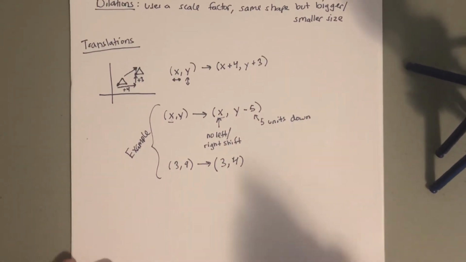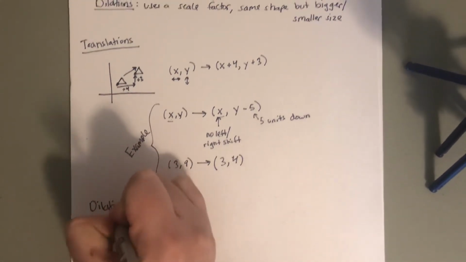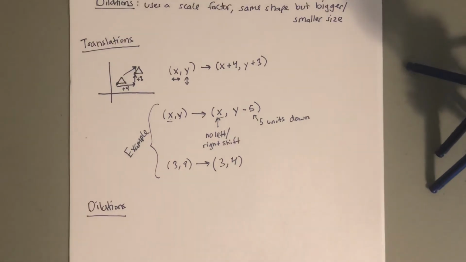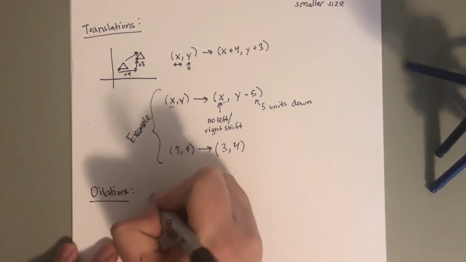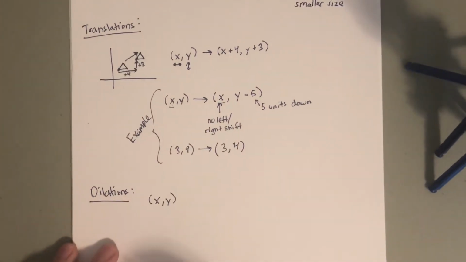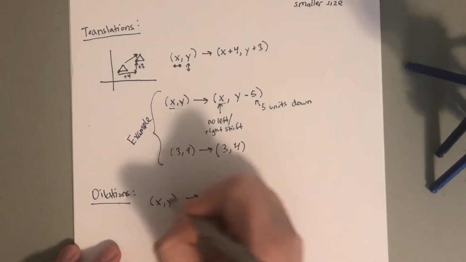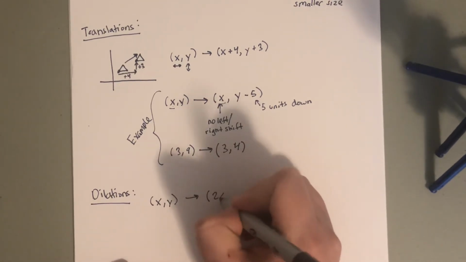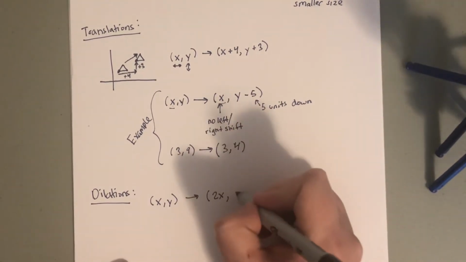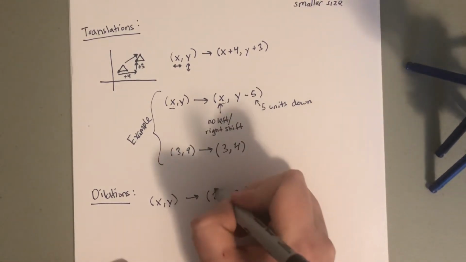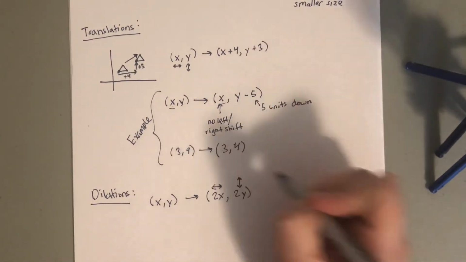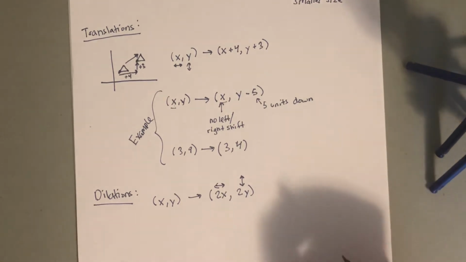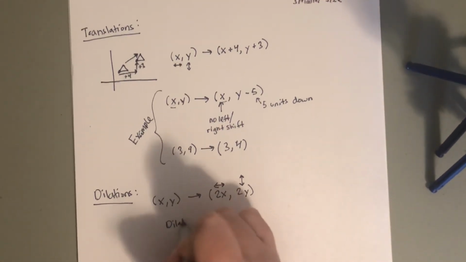Now the other way that we can describe or talk about transformations on a grid is with dilations. Now remember, a dilation is talking about making something bigger or smaller. So let's say that you have some point, and we're going to take every x value and double it, and we're going to take every y value and double it. That means that all left to right distances are going to be doubled, and all up and down distances are going to be doubled. So if you do this, you would have a dilation